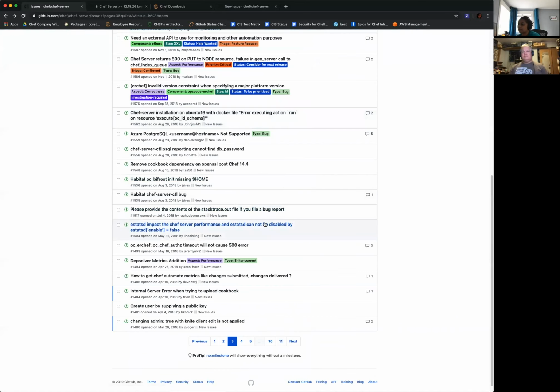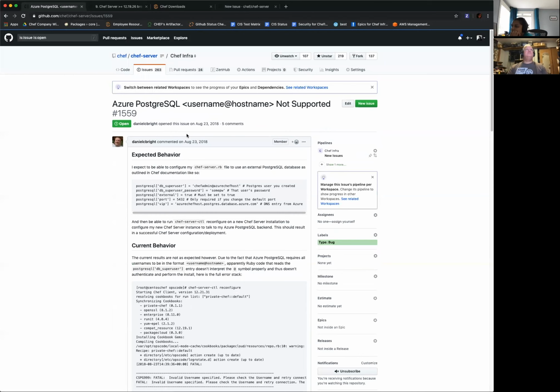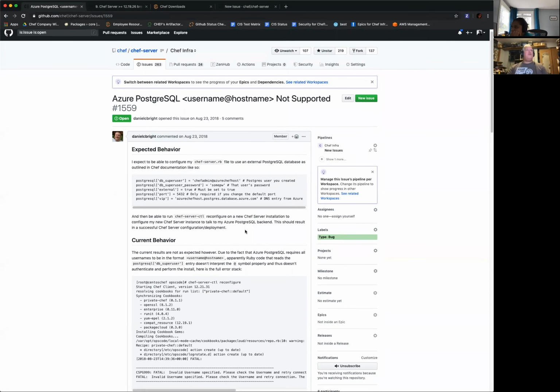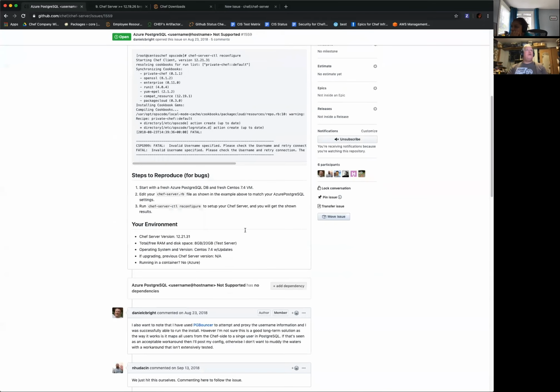Let's go back. Okay, the next one is 1559, Azure PostgreSQL username and host not supported. Oh, this should be fixed.